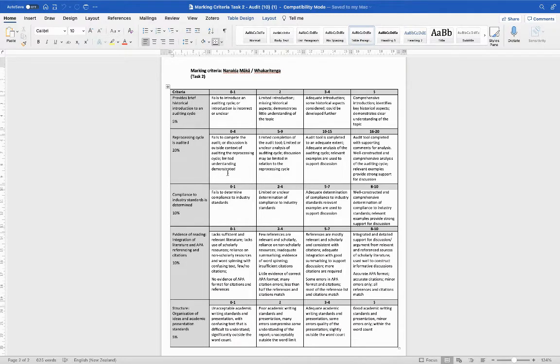You should split that word count out based on what's going on here. So most of that word count should relate to auditing the reprocessing cycle. So what your observations were and how those relate to the standards. The second biggest part will be the compliance to industry standards. So when you start to write about